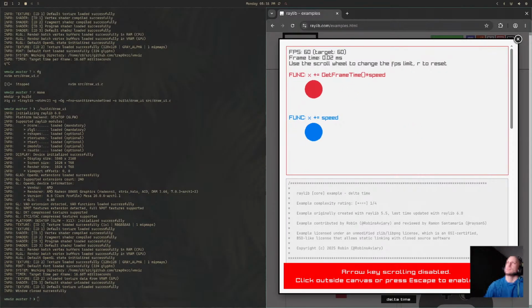So the blue one is entirely dependent on the FPS. Higher frame count means that you're evaluating the code for drawing it at a higher frequency. Speed is increasing at a higher frequency. Versus the code above is independent of the frame rate. So you can drop the frame rate really low